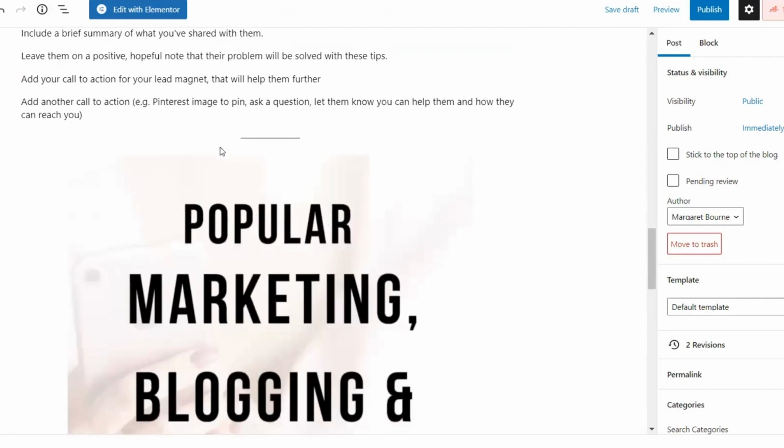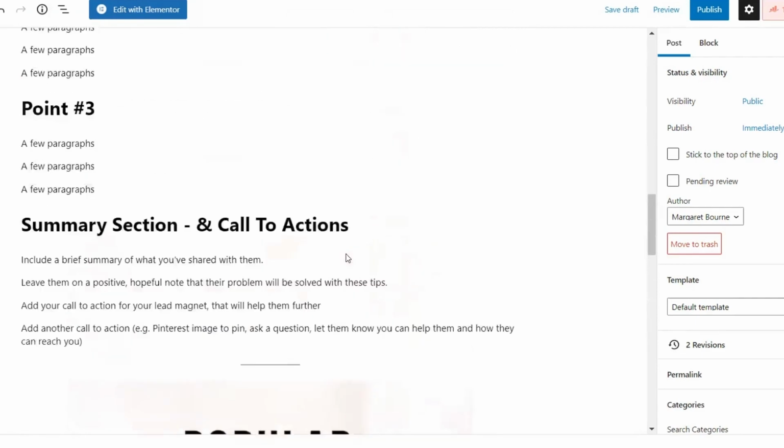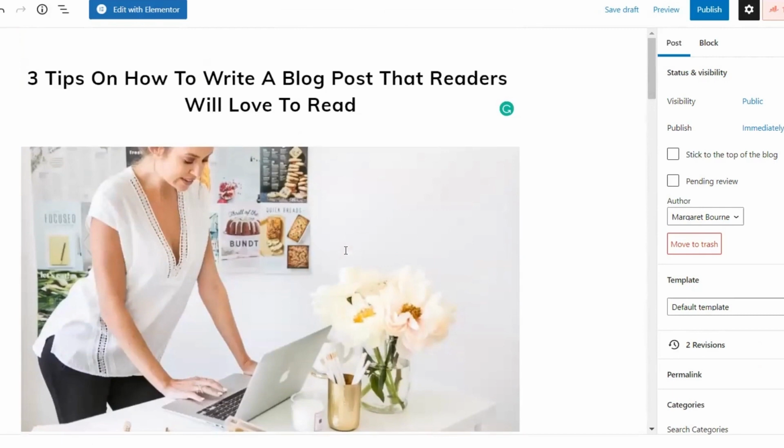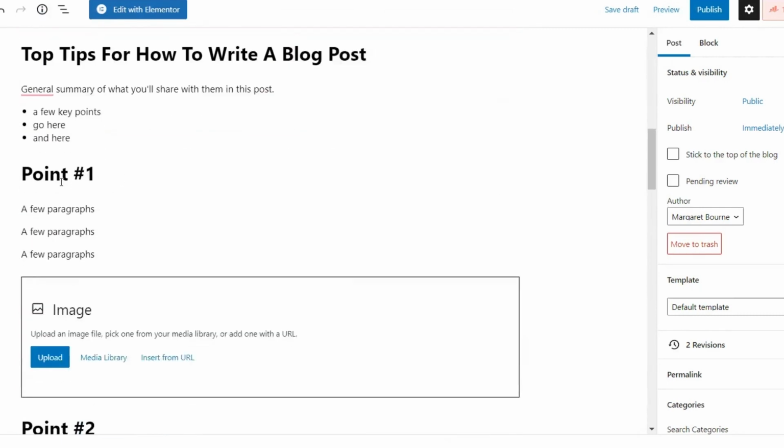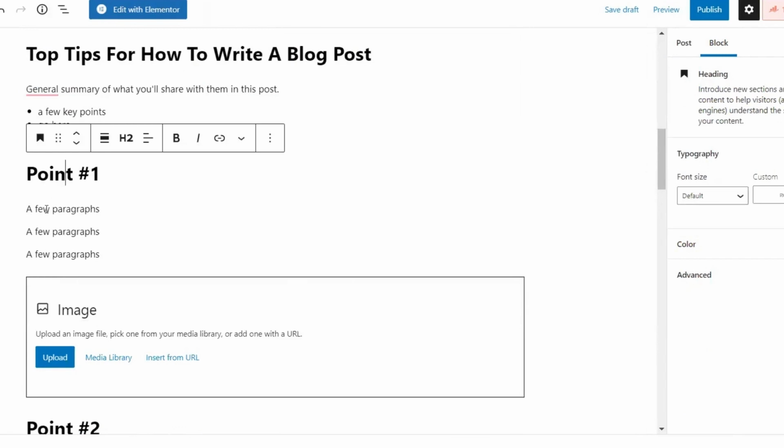So anyways, that's basically how you create a blog post structure. It's very straightforward. It works very, very well. Now, you don't necessarily have to have headings with these points. Sometimes, if you're having lists, break those lists up. So categorize them. For example, if you have a list of the best baking cookie recipes for Christmas, you will